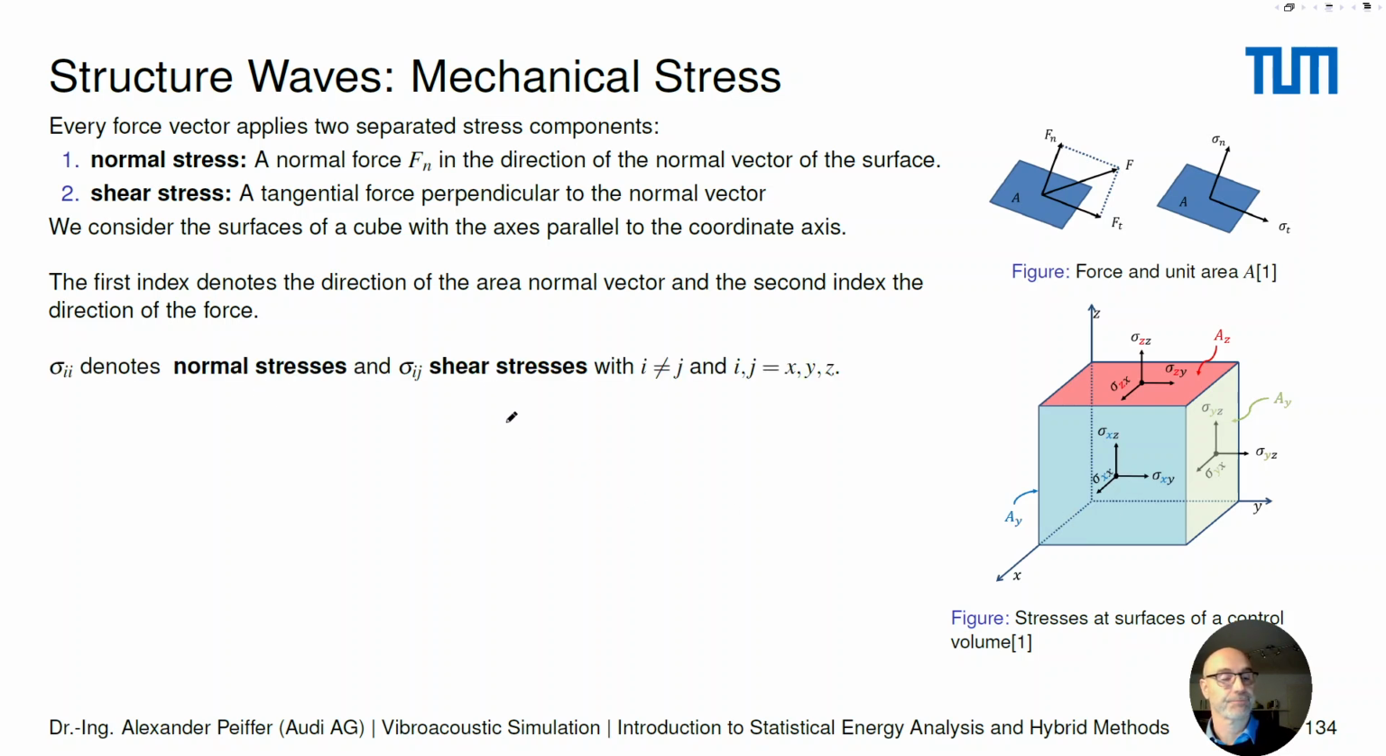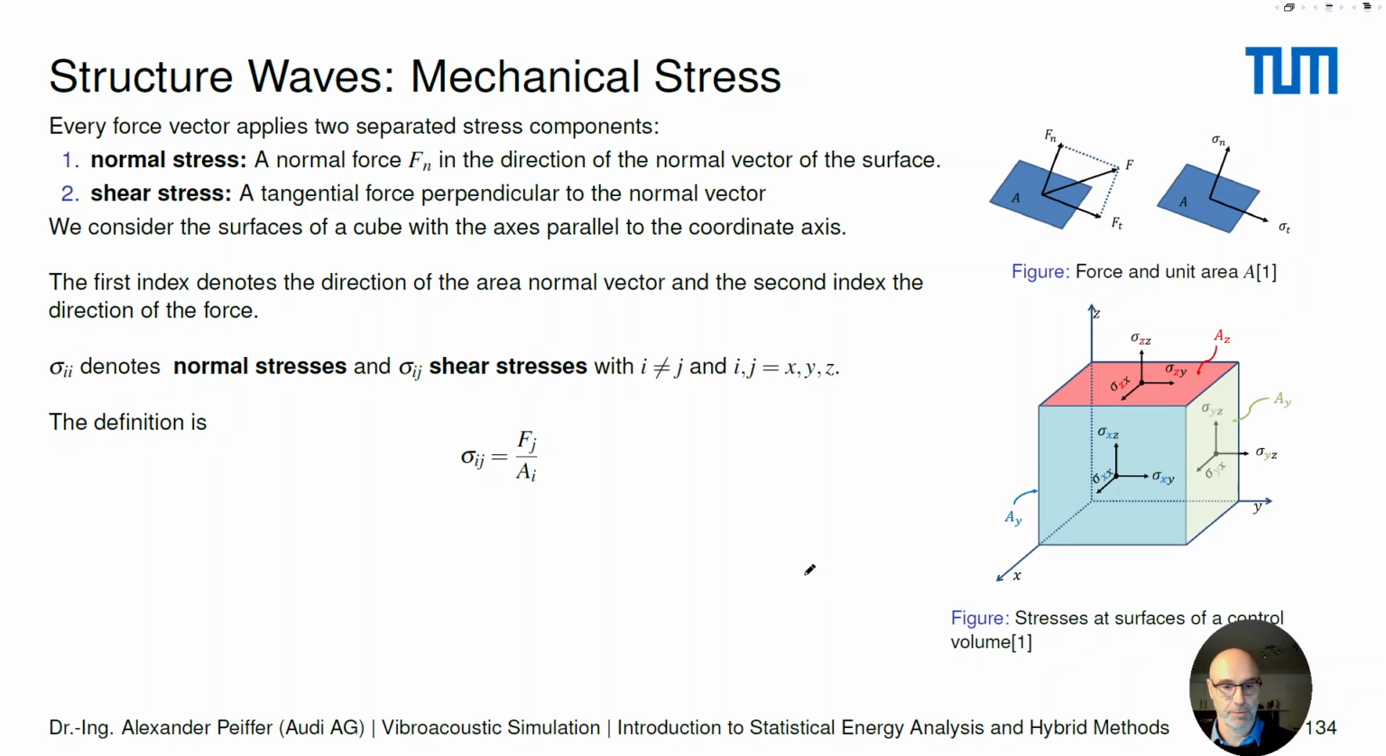And the second index denotes the direction of the force. So if we have the same index, that denotes the normal stresses, and if the indices are combined, that denotes the shear stresses. This is why we don't need the tau convention. And this is just writing down again the convention of the stresses using this formulation, which is slightly easier than